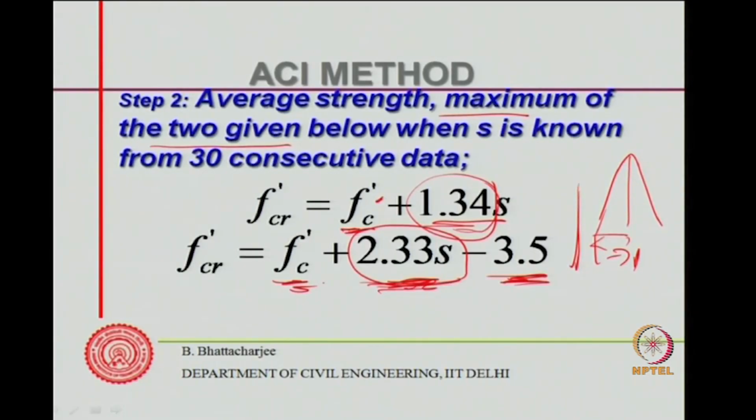So, whichever gives you higher, you choose that, or you choose from the table that is given simply in terms of FC dash plus some value. So, that is how you choose your average strength, and then go to the table and find out